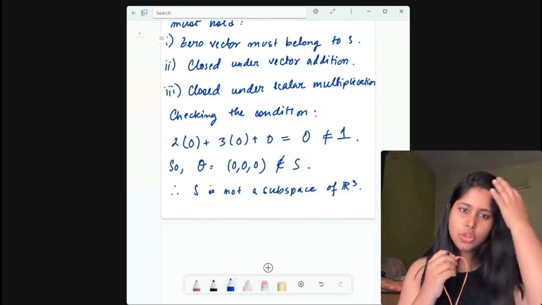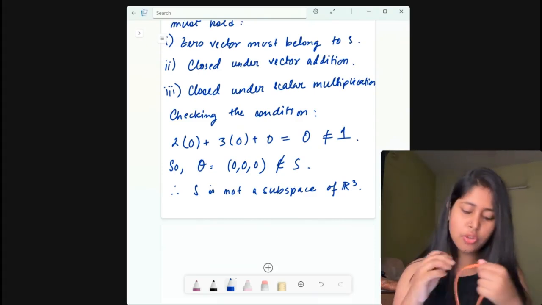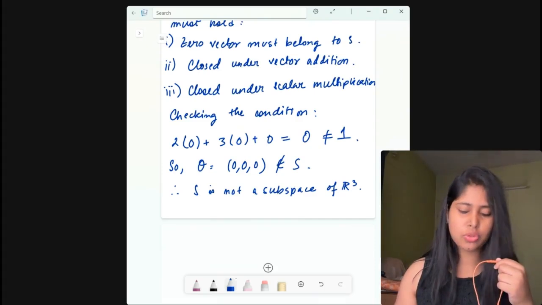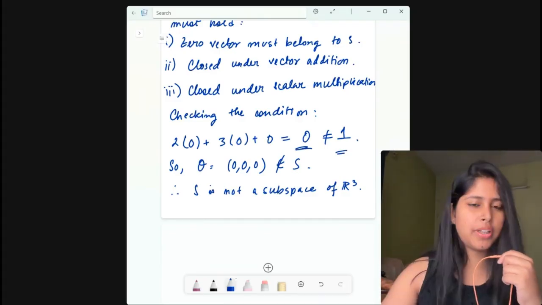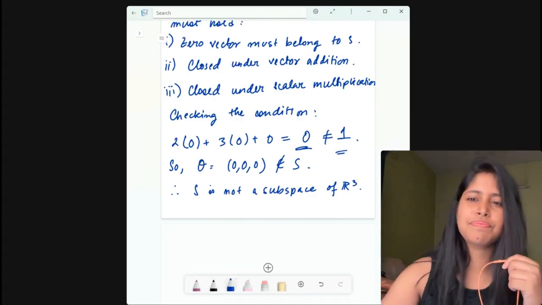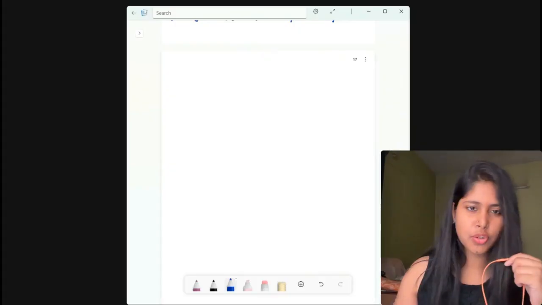If it is a non-zero constant, then you can directly identify it. You just need to show it like this, that this will be equal to 0 and not 1 or any non-constant number. So you can say that it is a non-zero number. Now coming to question number 6.